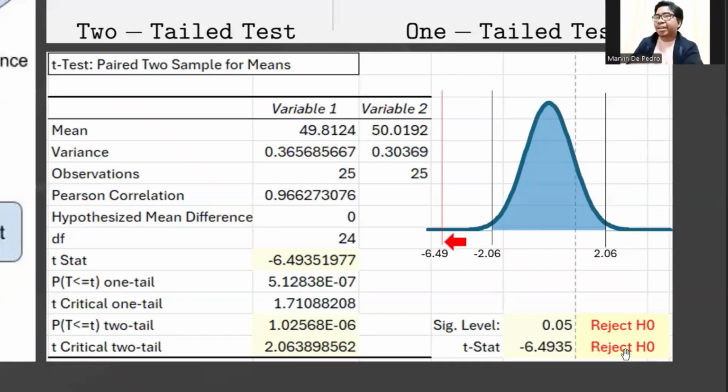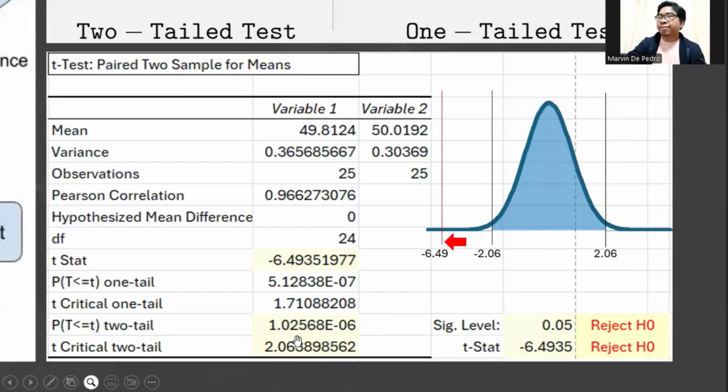Another way to check that is using our p-value. The p-value is compared to our significance level, which is by default 0.05. As you can see, 1.02 times 10 raised to negative 6 is way smaller than 0.05, meaning it's in the lower part, which is outside our acceptance region, either here or here.